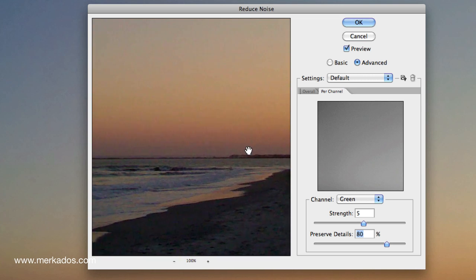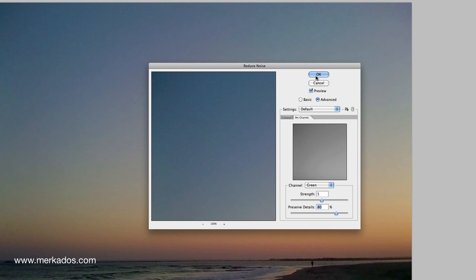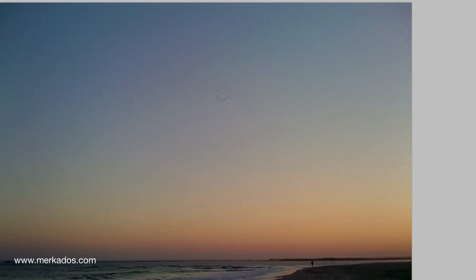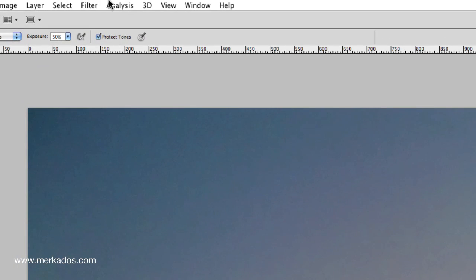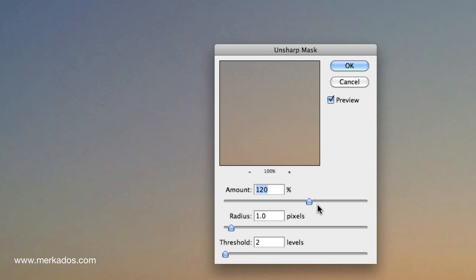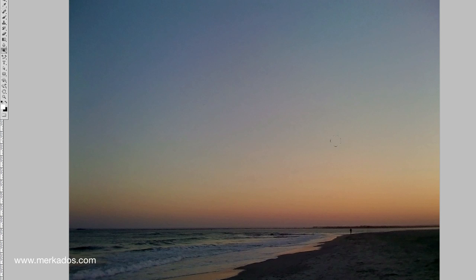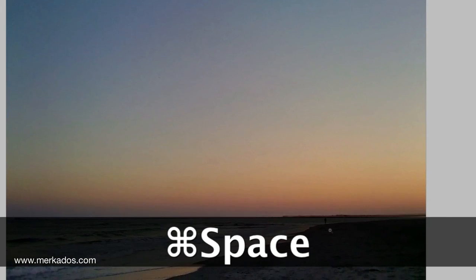In our image, you can see the difference already, especially in this corner. You probably can't see it in the screencast, but I can definitely see an amazing improvement over that amount of noise. So I'm going to click OK. And you can see that the improvement is fantastic already, but also when you apply noise reduction, sometimes you get rid of detail. So I'm going to apply a little bit of an Unsharp Mask to make it a little bit sharper. I'm going to hit OK, and now I'm going to get rid of this man right here,